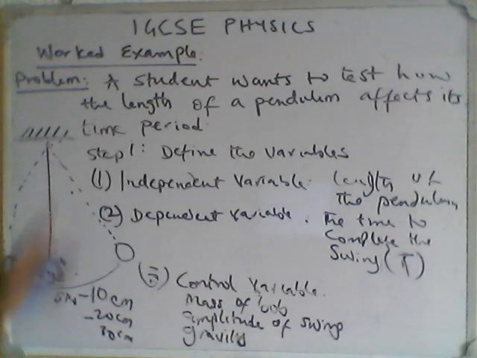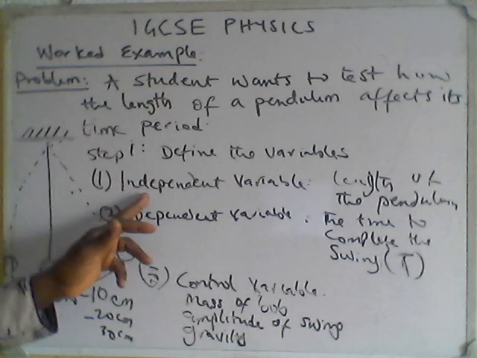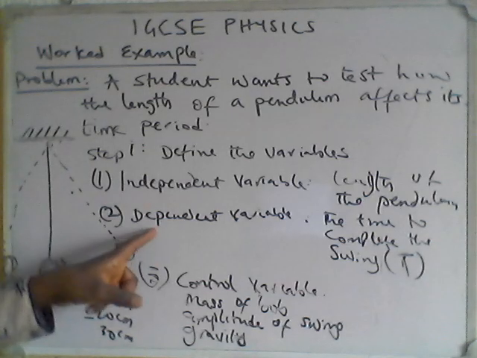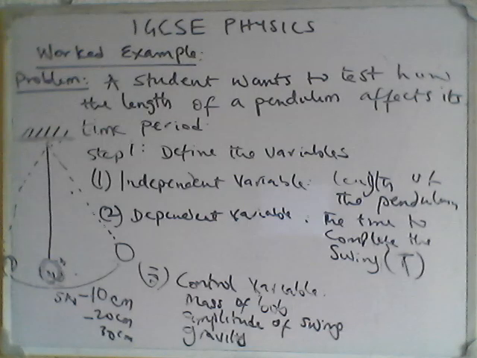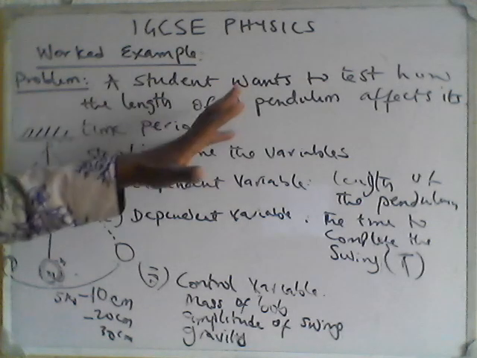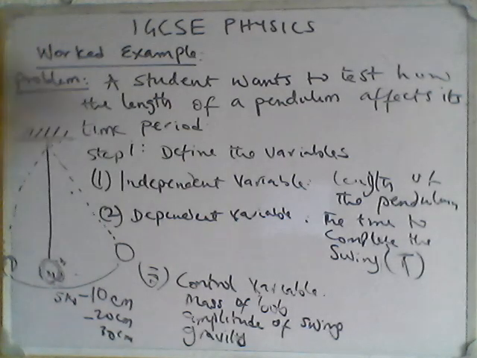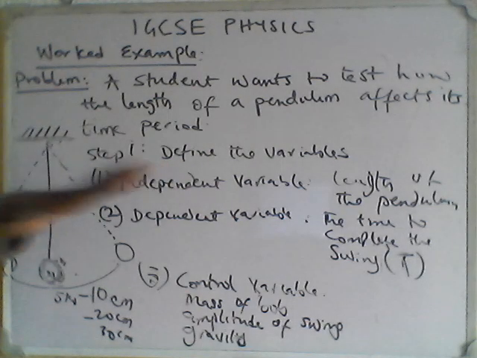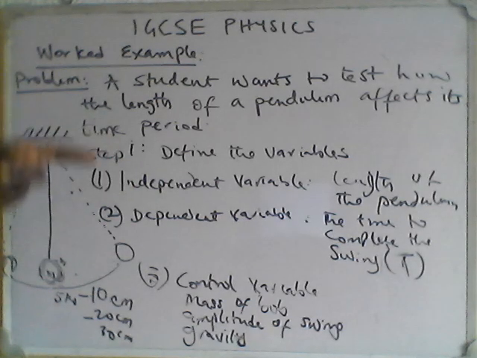Okay, so we have looked at step 1, defining the variables. I've used this scenario to explain practically what the independent variable is, what the dependent variable is, and what the control variable is. There can be other instances where you see another experiment and another aim, and you need to identify what is independent, what depends on the independent variable, and what should be controlled or constant. So with this explanation, I'm sure you are able to get it.